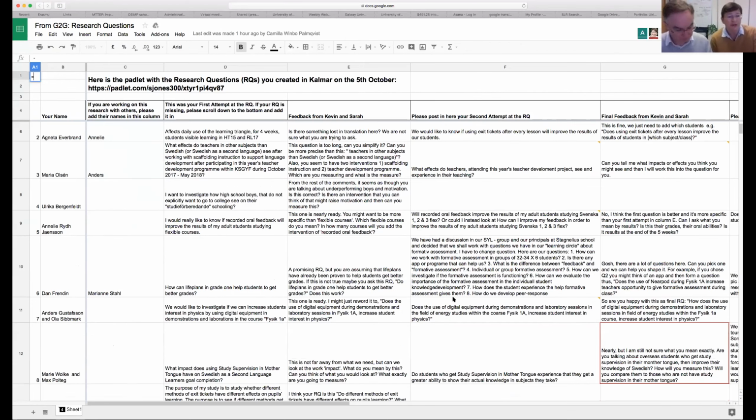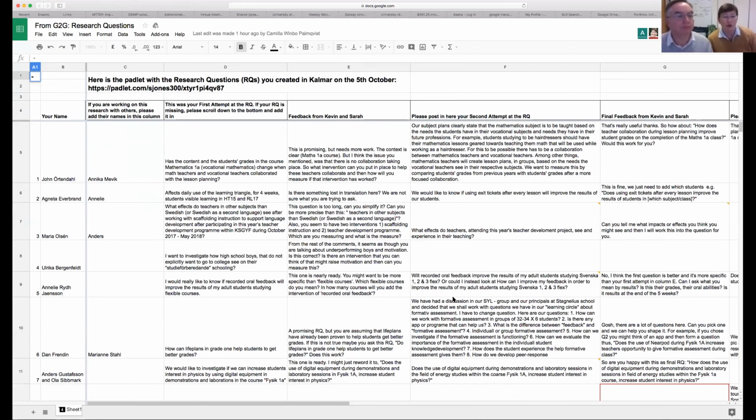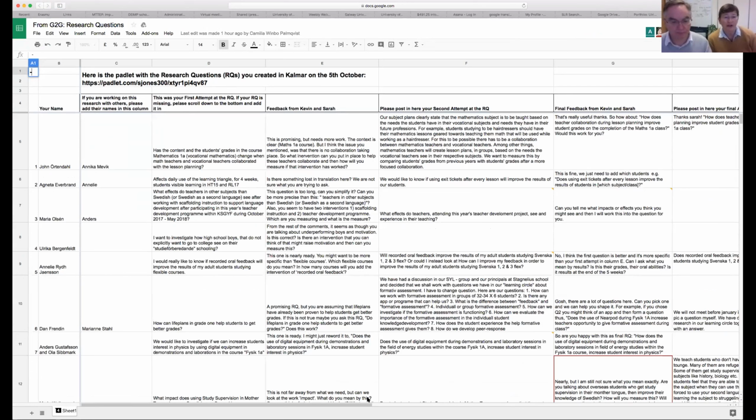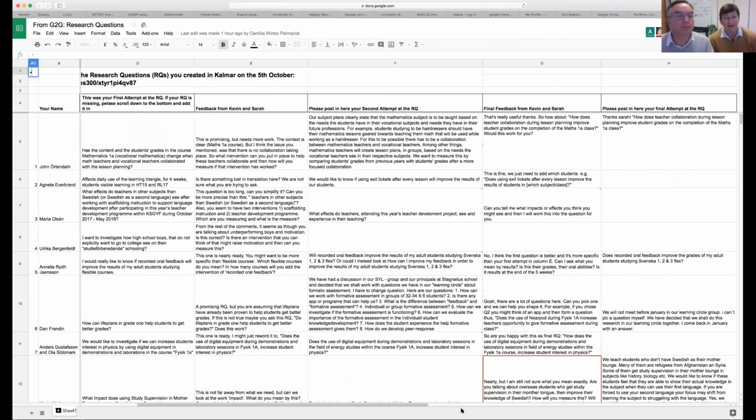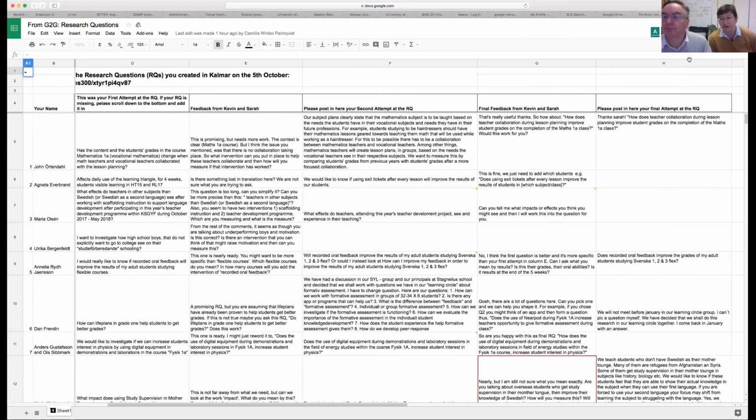The first 2 columns were really about who you are. And the third column, column D, is around what your first attempt at the research question is. Now I can see from looking at that spreadsheet that quite a lot of you have gone in, read the feedback that we've given you, and refined your research question into a second attempt. We have been back in and given you some more feedback, and from that, in column H, you should see that some people have now got a final research question. I think it's probably only 4 or 5 of you.